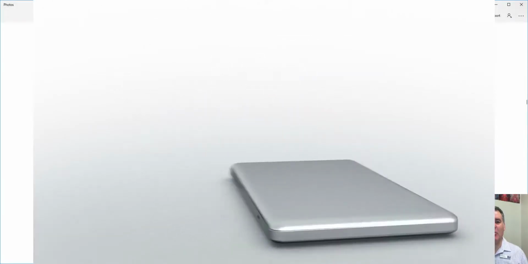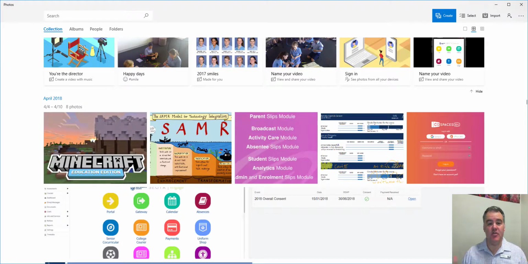Hi there, this video today I want to go through Video Remix. This is a new cool feature in Windows 10. It's kind of hidden away so you might not have seen it. I'm here in the Photos app, so if you just search for Photos, this is the app